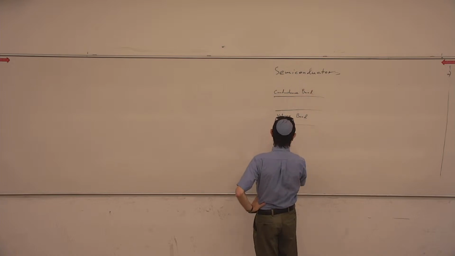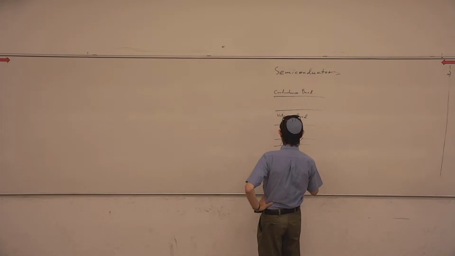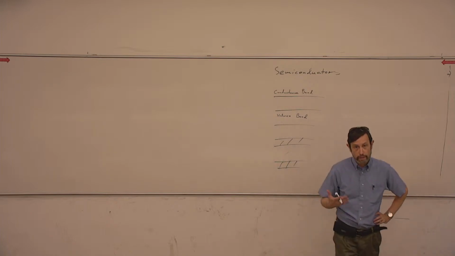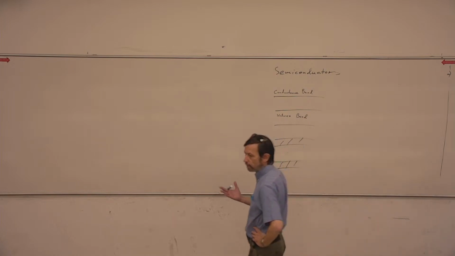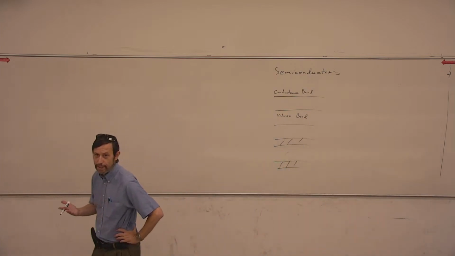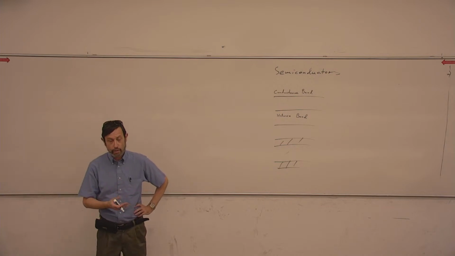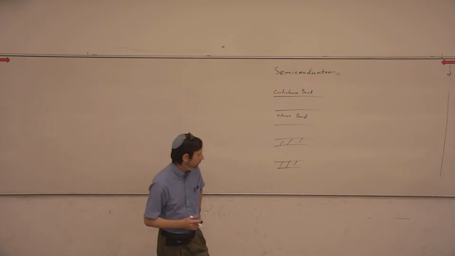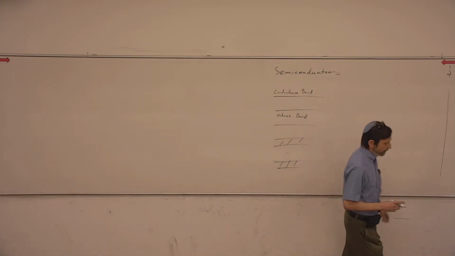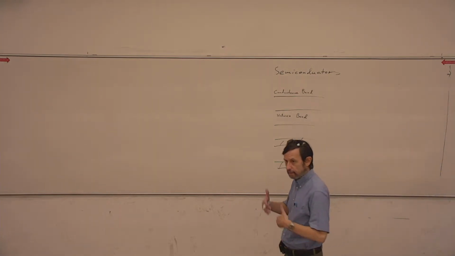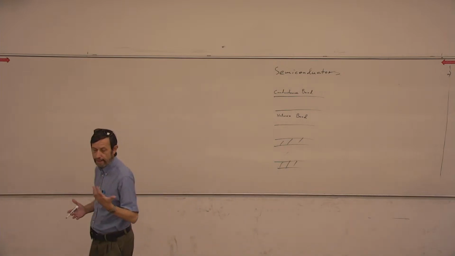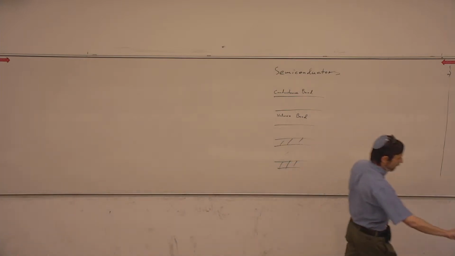Of course, there can also be a whole series of other bands deep inside. They're not interesting for at least room temperature properties, for the same reasons that when you're doing spectroscopy of atoms, core electrons or chemistry are seldom of any importance. So the valence band is the top occupied band. The conduction band is the top unoccupied,